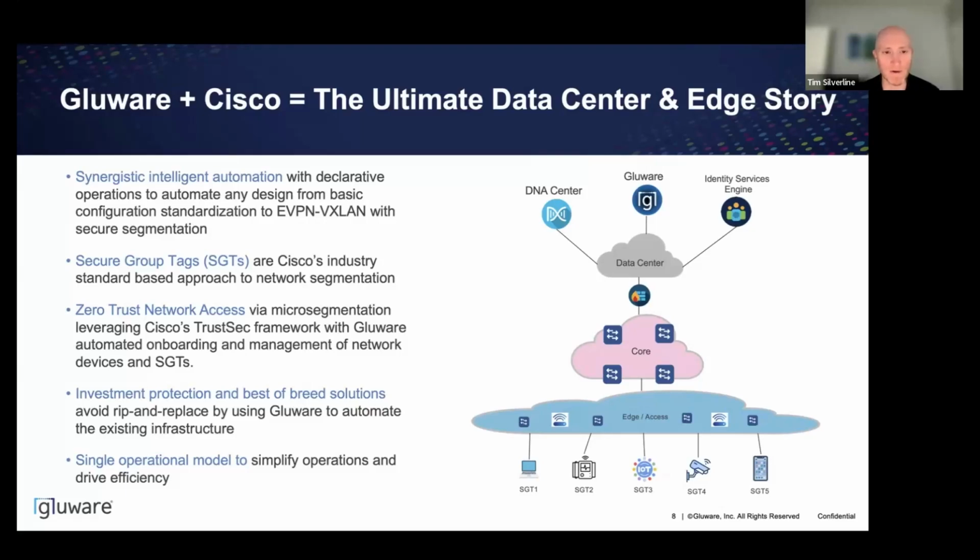Secure group tags, as we talked about, is an industry standard-based approach to network segmentation that Cisco has adopted and offered up to the entire industry to take advantage of as well. Zero trust access with microsegmentation, leveraging Cisco's TrustSec, is a great option, and using Gluware to do the onboarding and management of those policies, as well as network devices and SGTs, is a seamless way of running this technology inside of your environment without having to understand all the complexities of the individual lines of code on all the devices, as well as all the different user interfaces for Cisco